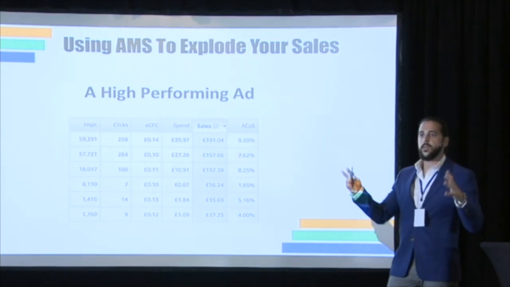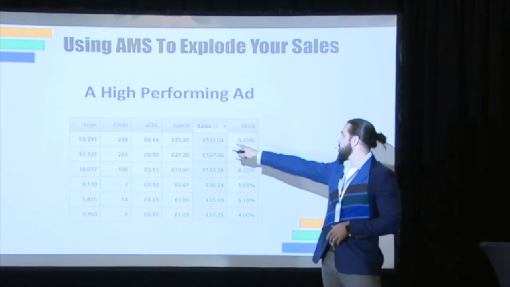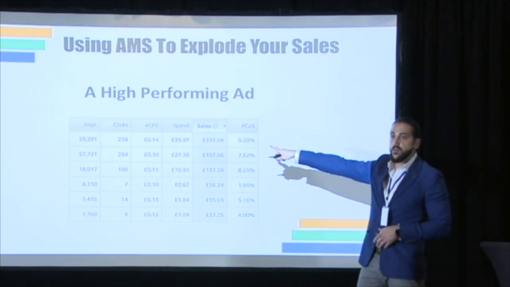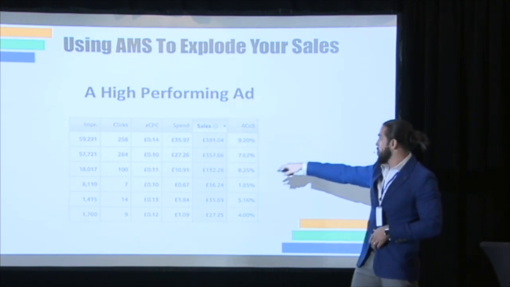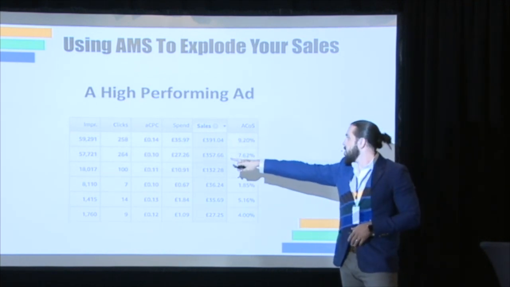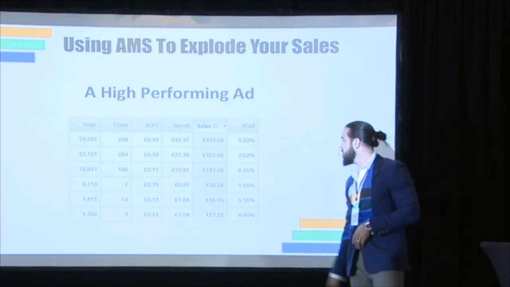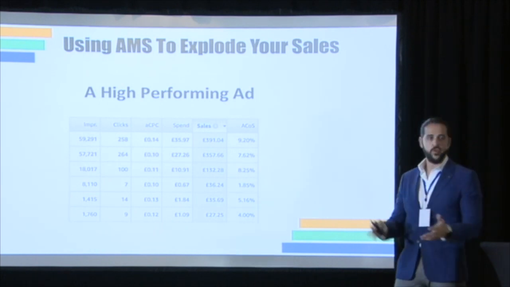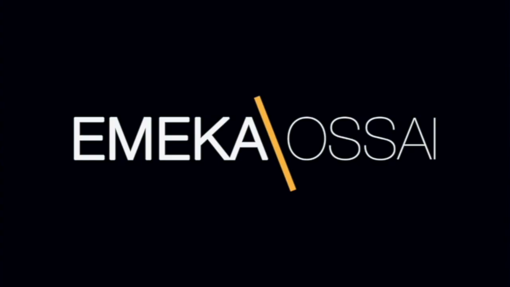Then you have your high-performing ad. This is like your bread and butter. It's bringing in money. It's doing really well. And you can see here, right, first result, I spent 35 pounds. I sold almost 400. And this is a keyword, right? There's a whole ad. There's a whole list of keywords. This is just from one keyword that I found. But here again, 27 pounds, 360, 10 pounds, 130. So this is a higher performing ad, and this is the end result. This is what you want to achieve. You want to figure out which keywords work best for your book.